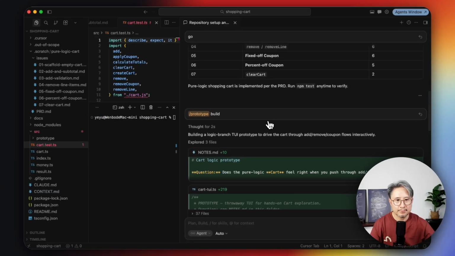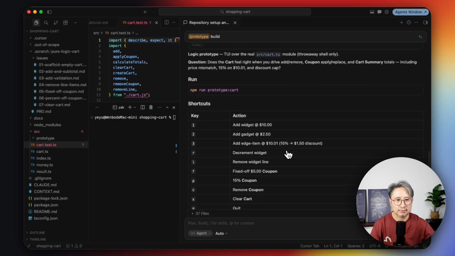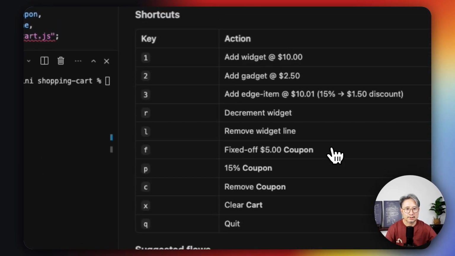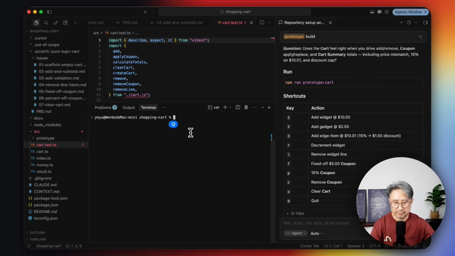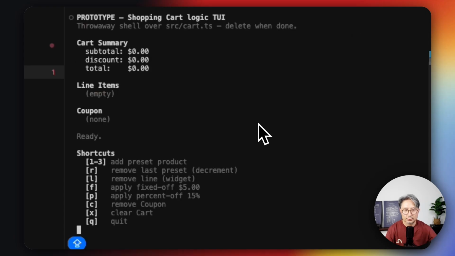Okay, the prototype has been built. It used a terminal UI, TUI, instead of a web UI to save building time and accelerate verification. It gives key commands to control the shopping cart. Let's run the command npm run prototype cart. Very quick, and we see a cart summary with subtotal, discount, total, and line items.